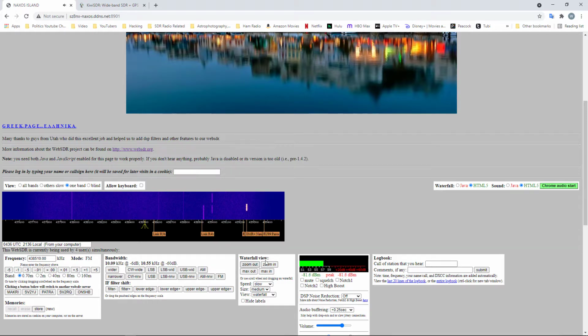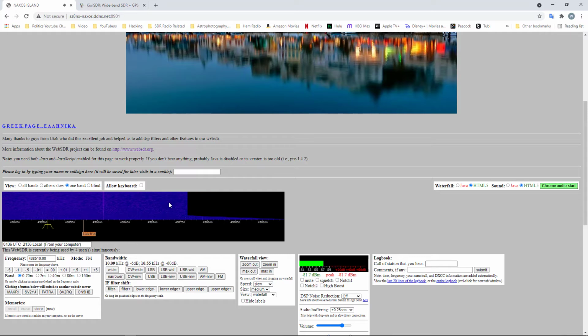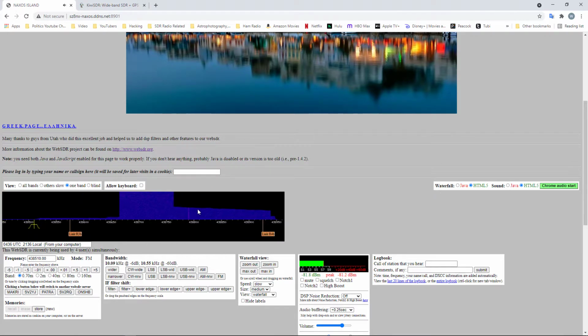And I want to zoom in. There we go. We're zooming in, and we can move the waterfall by left clicking and dragging. And if we want to access that particular signal, go right below it and then left click.